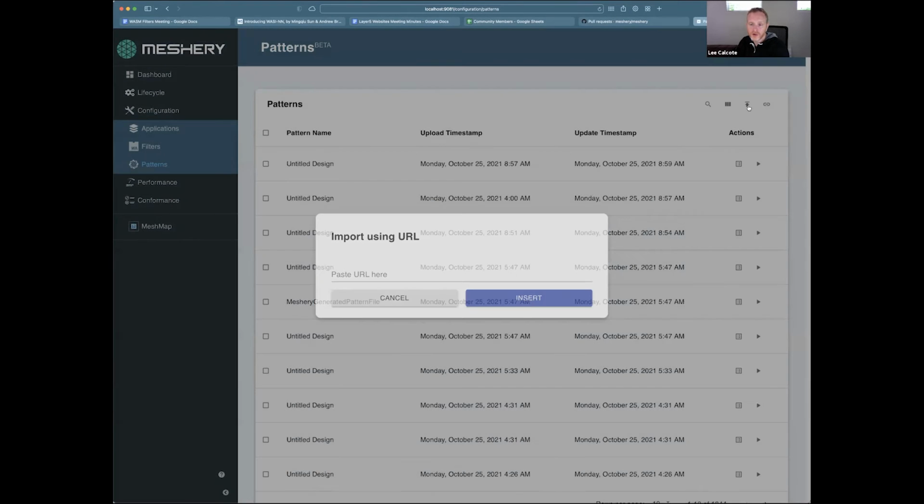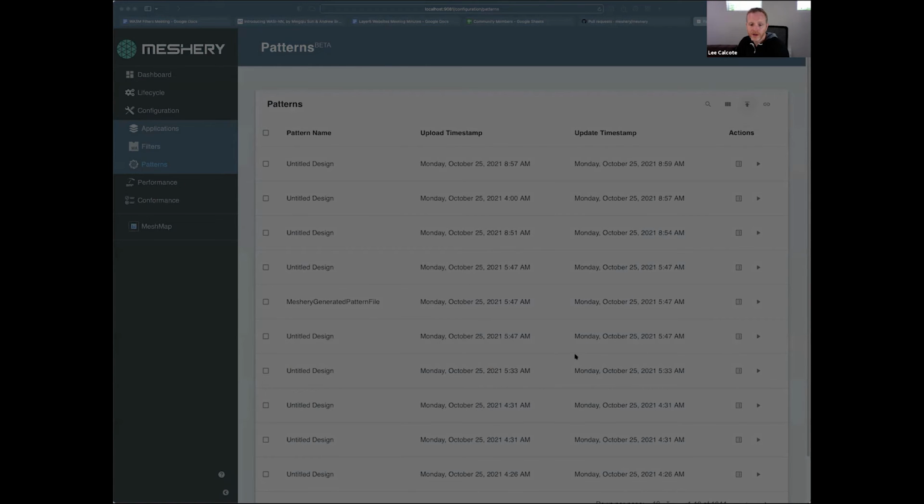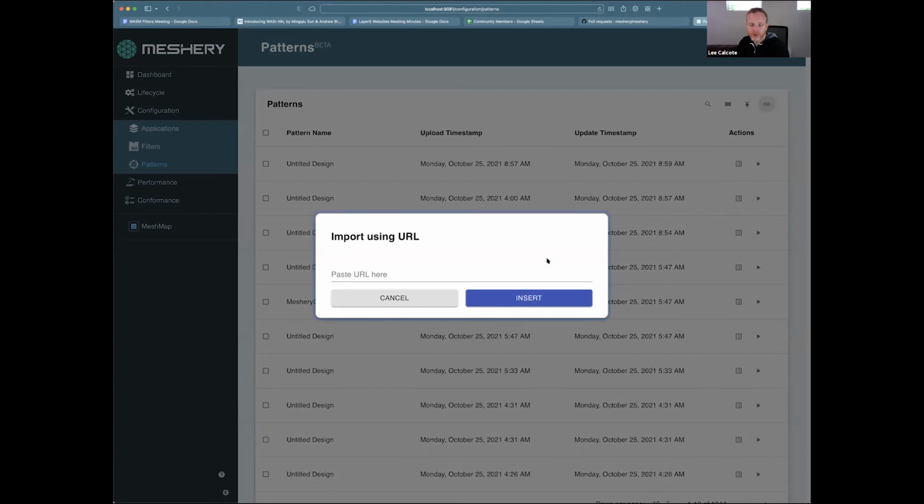For patterns, Utkarsh, refresh my memory. In terms of importing from URL, we're not treating some generic web server any differently from a github.com URL. They're both treated the same. No, we are. If it is github.com, then we treat it differently.